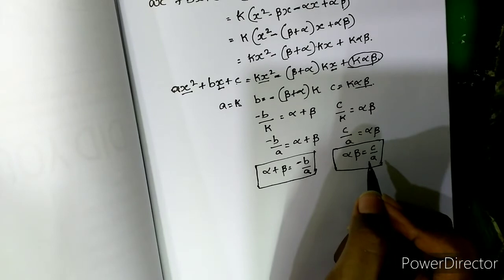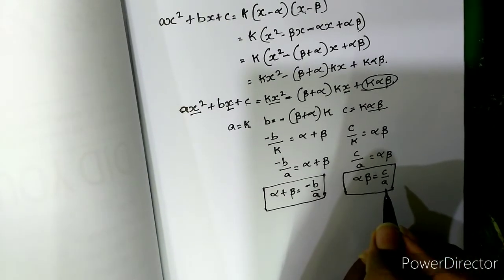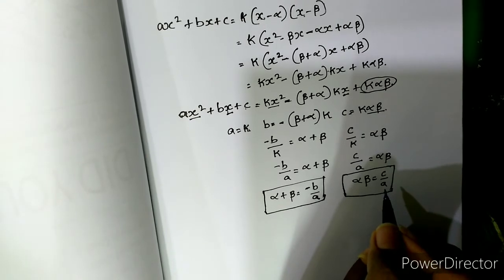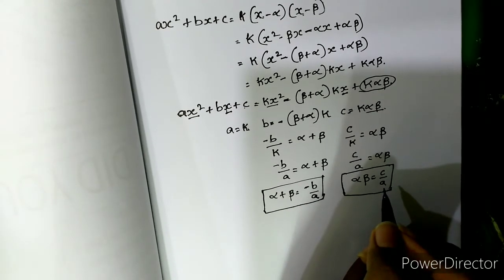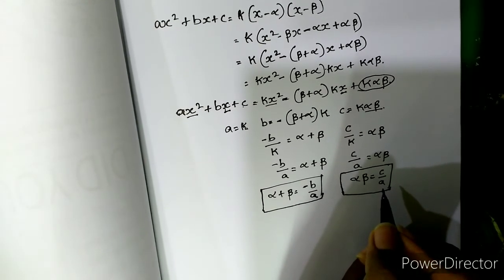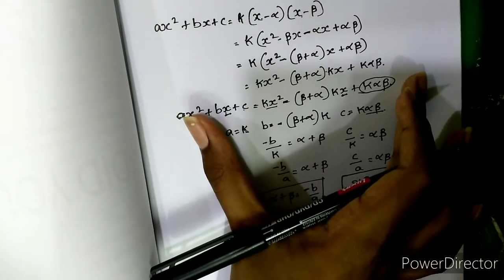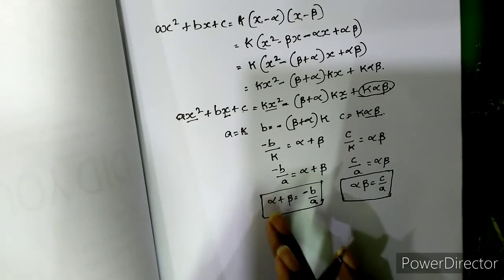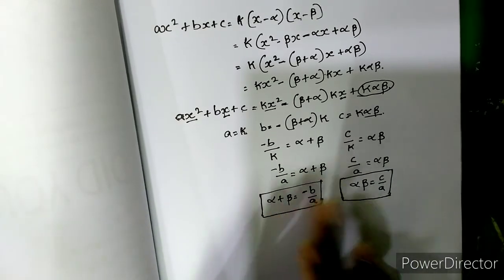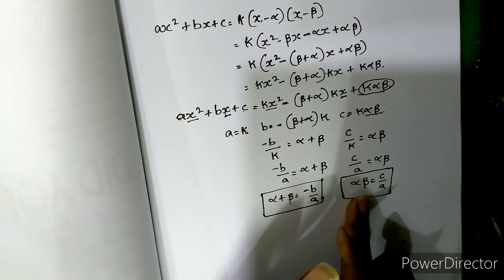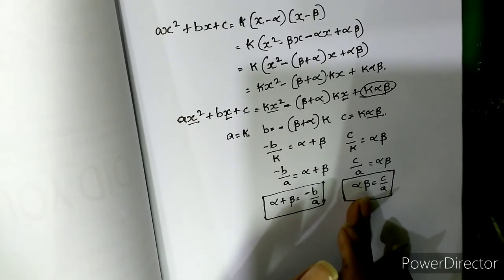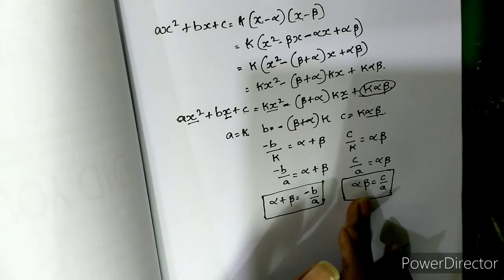See, many students will be confused about how minus b by a and c by a are derived, and what the process of derivation is. So there is no need for confusion. If we practice this total derivation, we will be able to say what the sum of the zeros and the product of the zeros are for the quadratic polynomial. Now, similar to this, there is also another derivation for the cubic polynomial. So I will upload that in the next video.